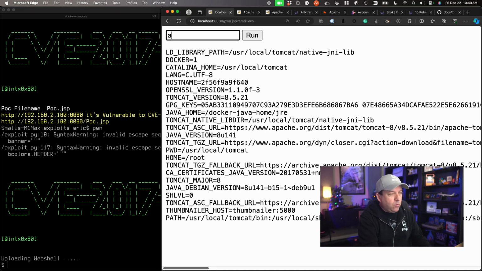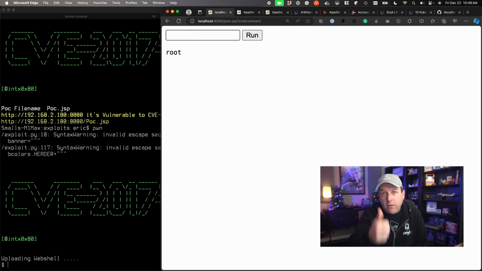Let's see, who am I? I'm root. That's handy. That's not uncommon. A lot of open source, in fact, most base images from open source projects default to root because they expect you to extend that image and be doing things to it. But they also will provide you with a non-privileged user to use. But if you don't know to do that, as is happening here, I'm root. So let's see what else I can do.